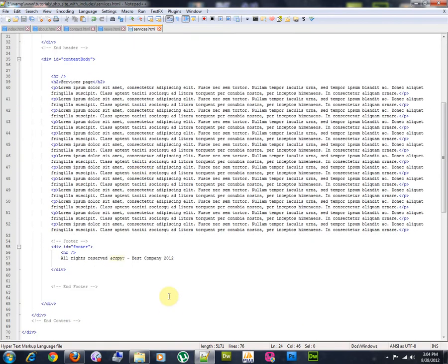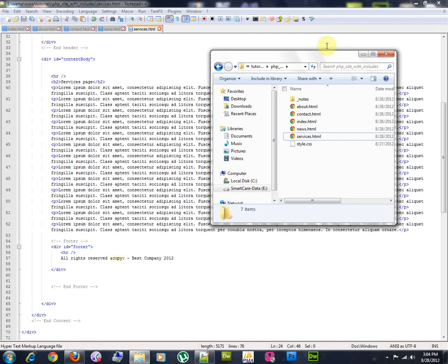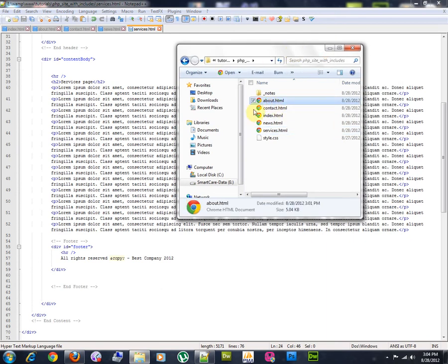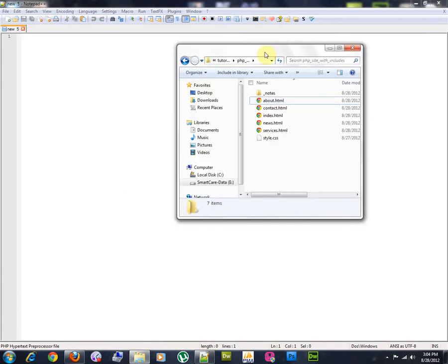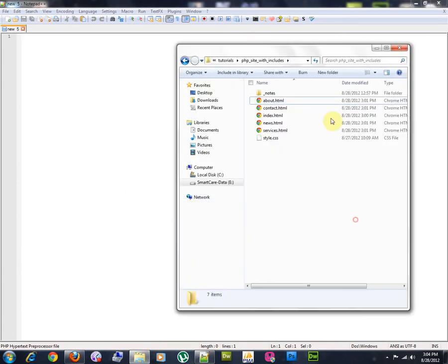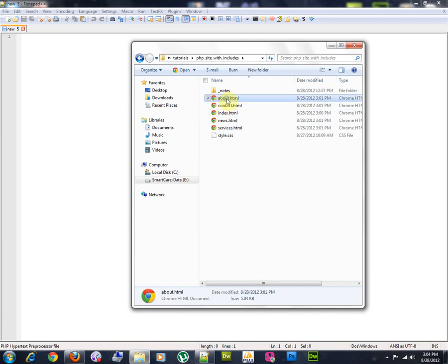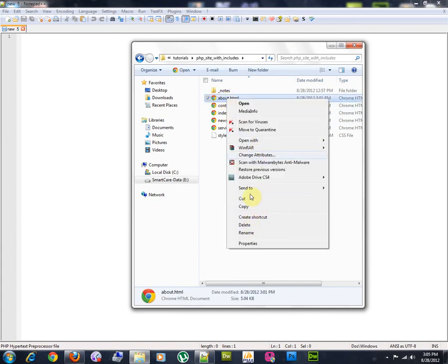Now what we need to do is, first of all, rename all of these files, or just change their extension. Now I want to close all of these files, open the folder where the files are located, and change the name. So rename